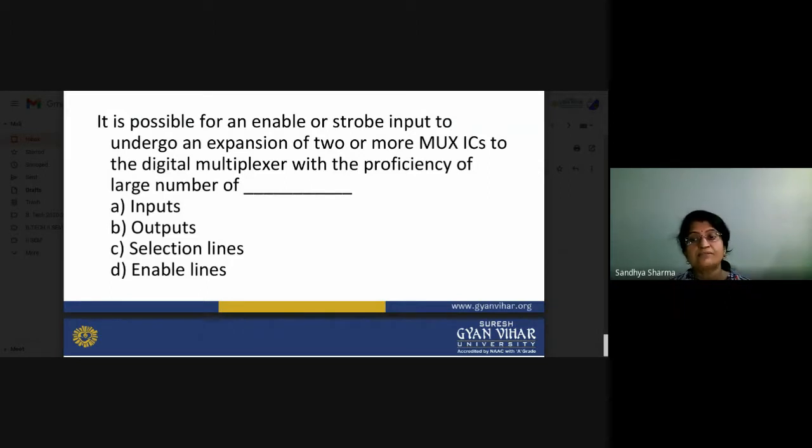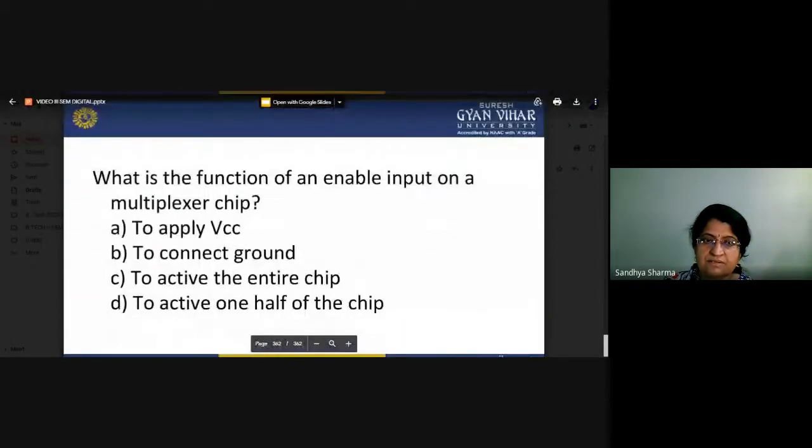You can see why we are using the combinations in our multiplexer and demultiplexer. We have seen that we will make large-line multiplexers with the help of two small multiplexers. If you want to design an 8 to 1, you can take the help of smaller 4 to 1 multiplexers for designing a complicated or large multiplexer. So this is simple.